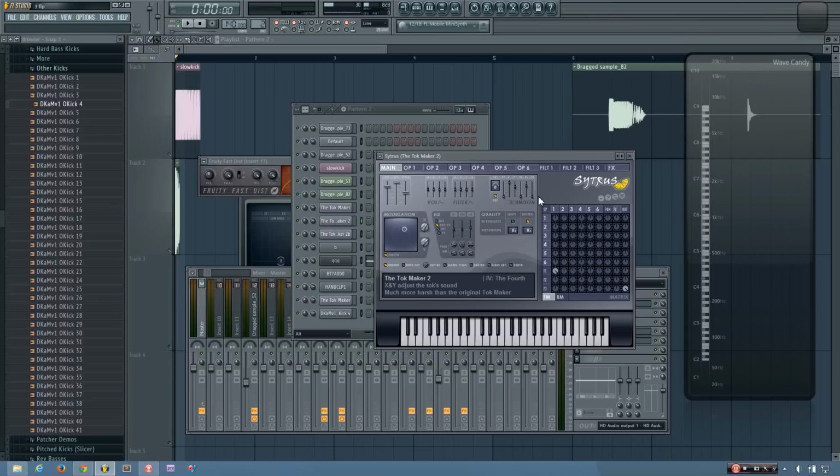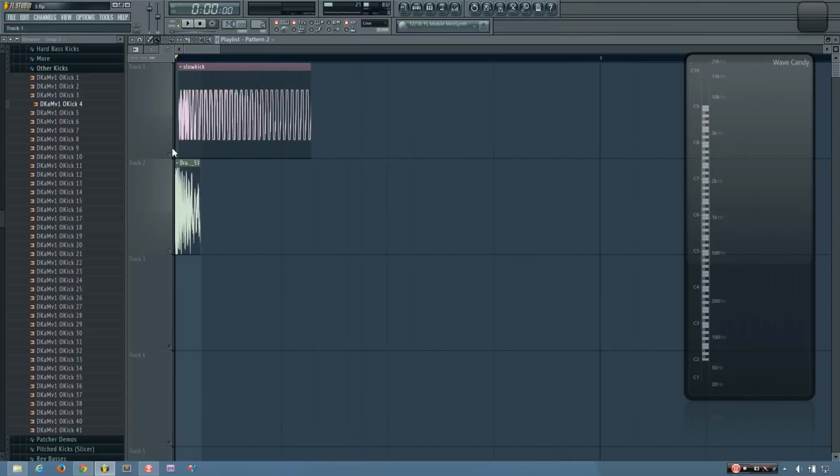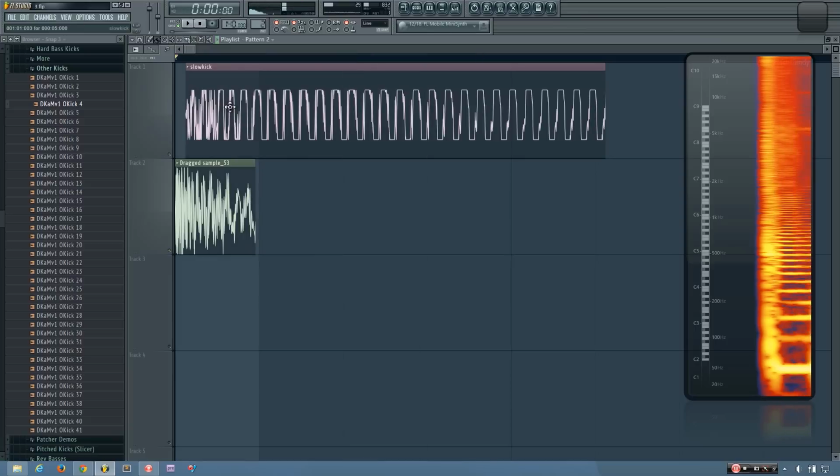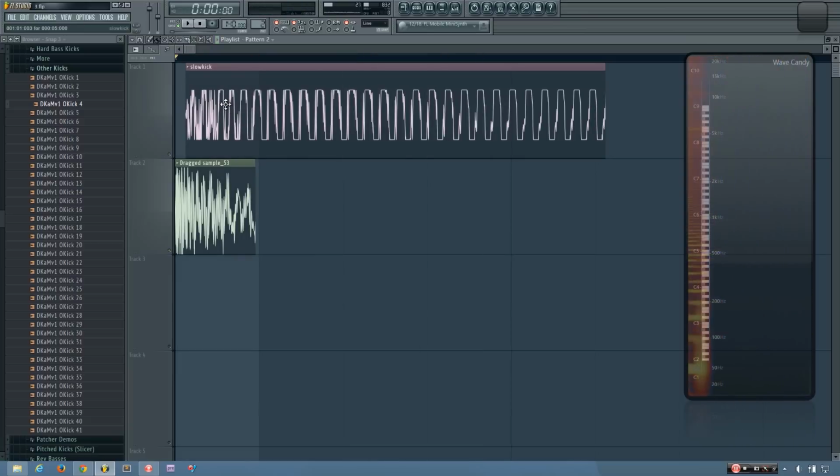And then once you have your talk that you've made completely from scratch, what I definitely recommend you do is have some of the original kick sound while the talk is playing. So you can see this one here, it starts off with just the talk, and then the original kick comes in. And that just helps it sound a lot more natural if you have some of the original kick character during the talk. If I remove this,